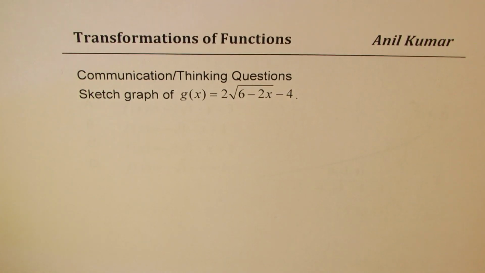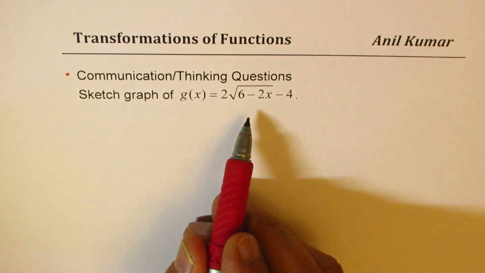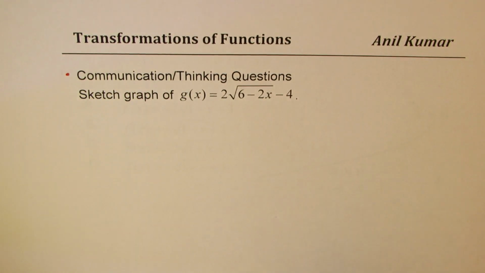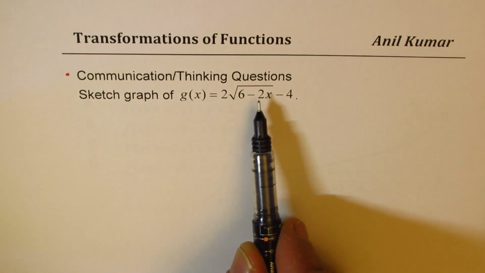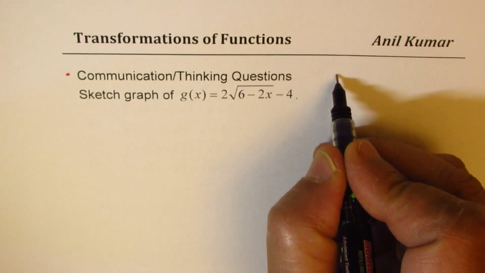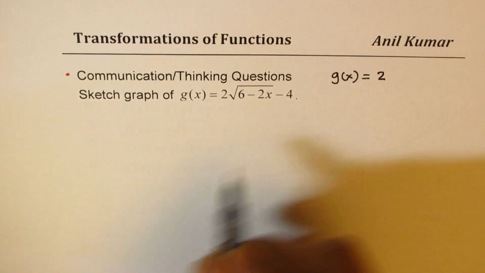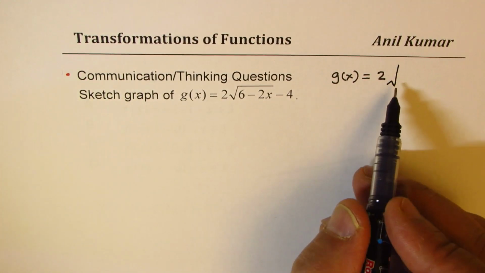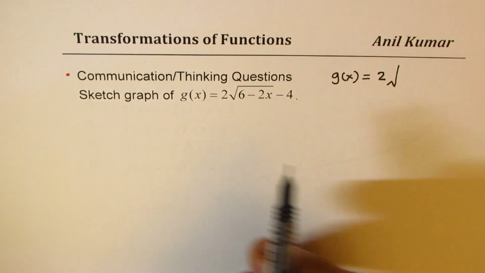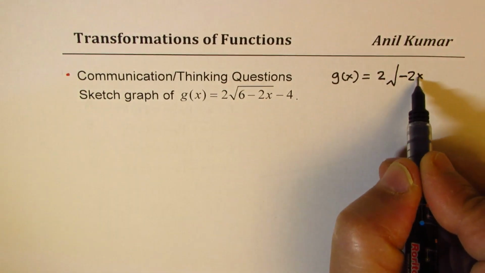Here is a communication and thinking question for you. Now this is a very tricky question. We need to sketch the graph of g of x, which is given to us as 2 times the square root of 6 minus 2x, minus 4. Let's rewrite this function first. We are given g of x as equal to 2 times, that is a vertical stretch. However, within the square root, it is good to write x in factored form, right? So let me rewrite this, first rearranging to negative 2x plus 6